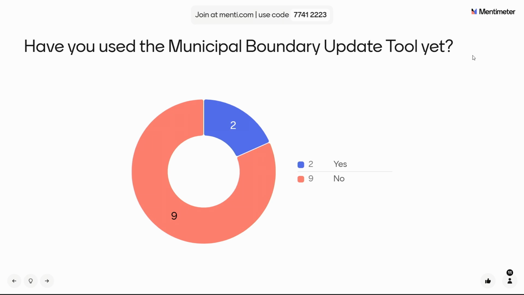But yes, ma'am, way in the back. Well, again, use the tool, go in and at least verify that your boundaries are there. Make sure that we have a contact name. That's the very easy part. And if there are changes, please let us know.